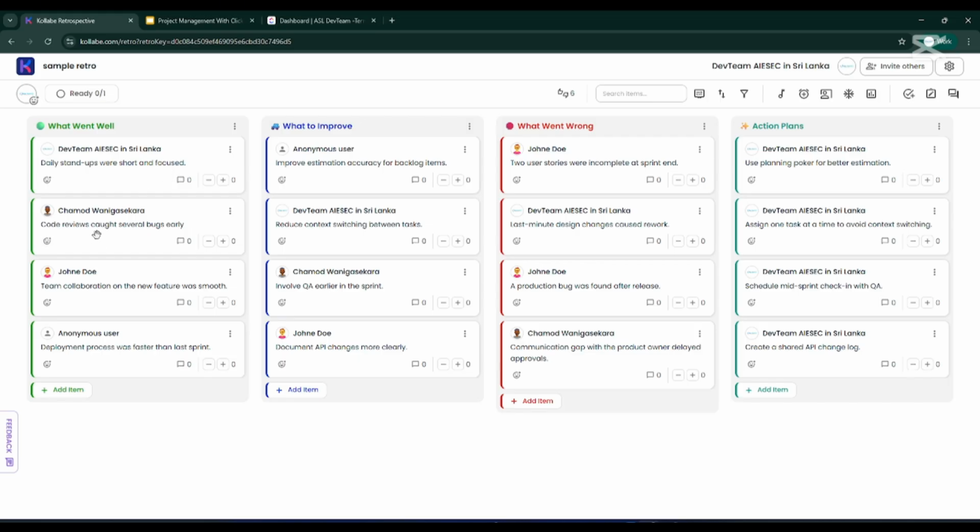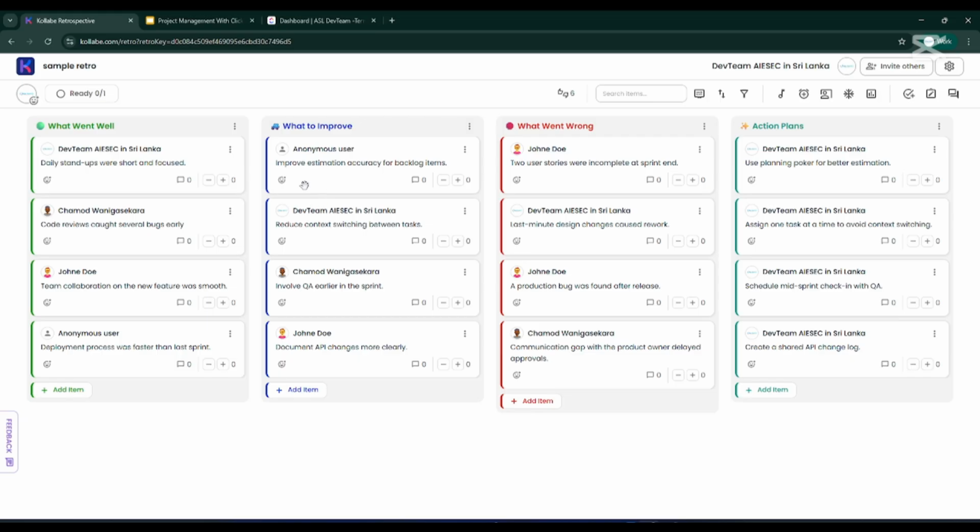And again, code reviews caught several bugs early, as I mentioned earlier. After you finish something, there will be a code review before you put a PR for a branch. Those things will be covered tomorrow in the GitHub session. So those code reviews caught several bugs early. After your branch, these code reviews prevent those bugs from going to the development or production branch. So it's a good point. Likewise, from your point of view, you can put the things that went well in this column, and